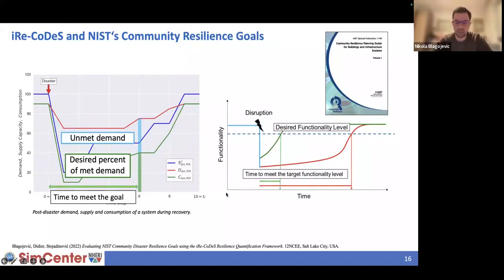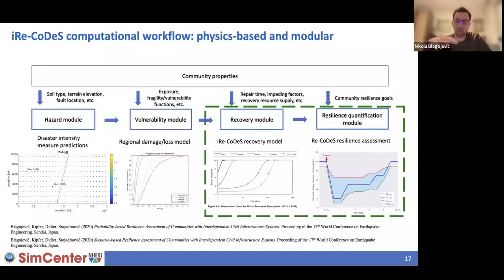And what we do in iRe-CoDeS, we say our definition of functionality is the percent of met demand. So we can assess how much time a certain system needed to achieve a certain percent of met demand, i.e. a certain functionality level. And then this can tell us if this system can meet its resilience goals or not. So this is how we want to quantify resilience.